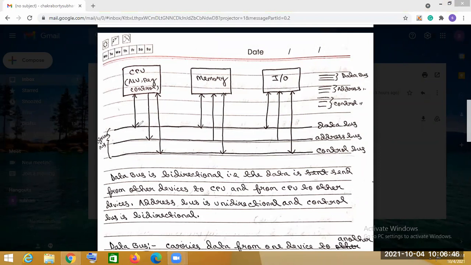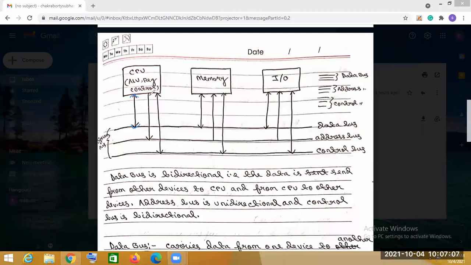It may happen that data goes from the CPU to the other devices, or from the other devices to the CPU, and this will go through the data bus. So that's why you see arrows on both sides, because it is bidirectional.